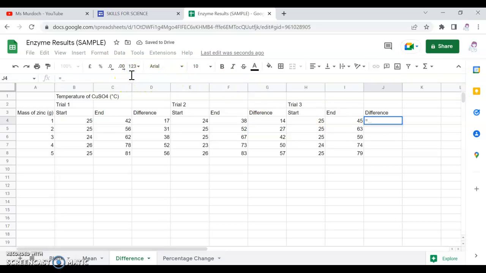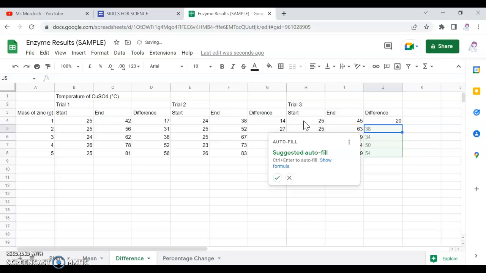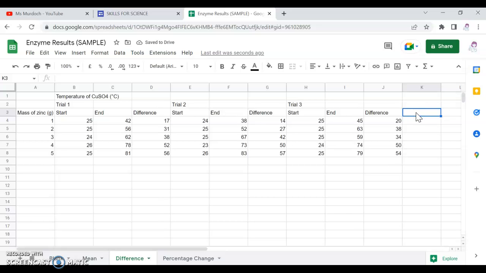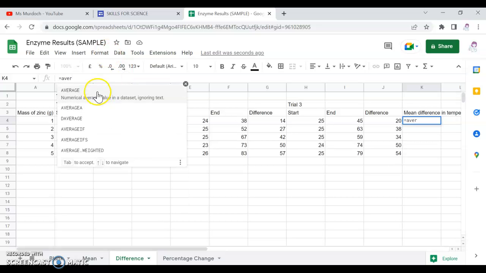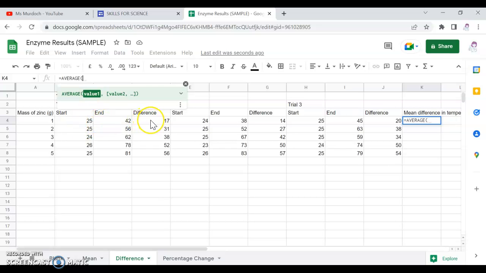Now, what I'm going to show you now is you would want to calculate a mean for this experiment as well. But it's a little bit different this time because we've got so many data points. So what I would like to do here is calculate the mean difference in temperature. So this time we can still use our average formula, but this time all I'm going to select is the cells that contain the differences. So here,